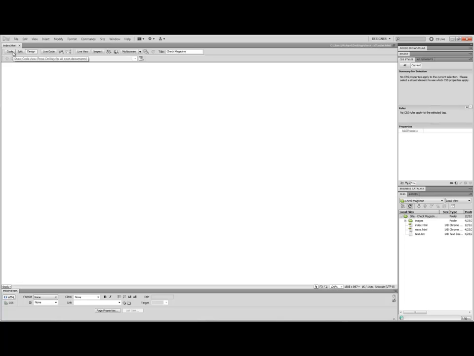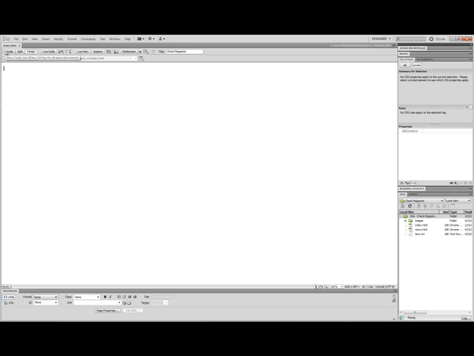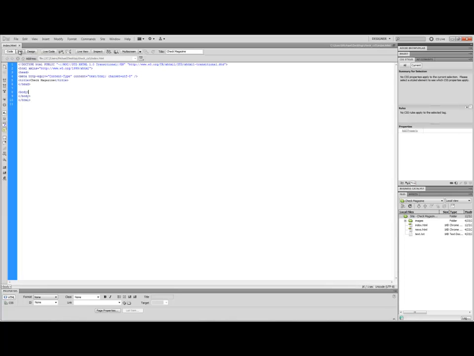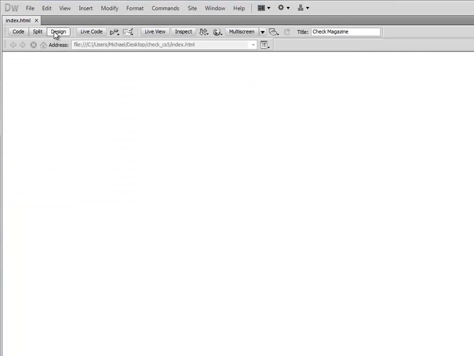Now we have three different views. We have a code view, and Dreamweaver will actually write the code, and you could work in either one of these, code or a design view. And you can just click to go between the two of them. We have a split view which basically shows both of these at the same time. Okay, so what I'm going to do is go to design view where we start with,